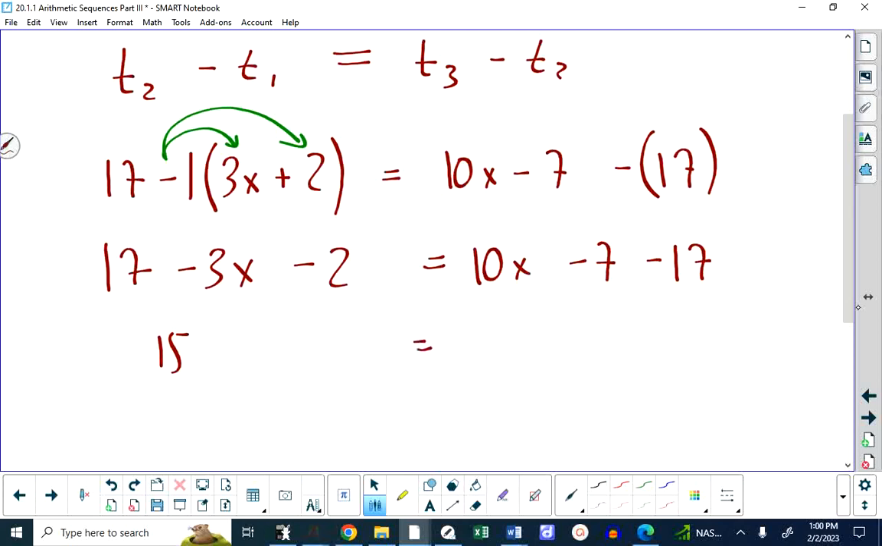And then over here we have 10x minus 24. And I also have the minus 3x here. Negative 7 and negative 17 is negative 24. The question has been asked, do I need brackets around this? And the answer is no, because whenever you subtract B from A, A is already your starting point and you're subtracting something from it. It's not like,